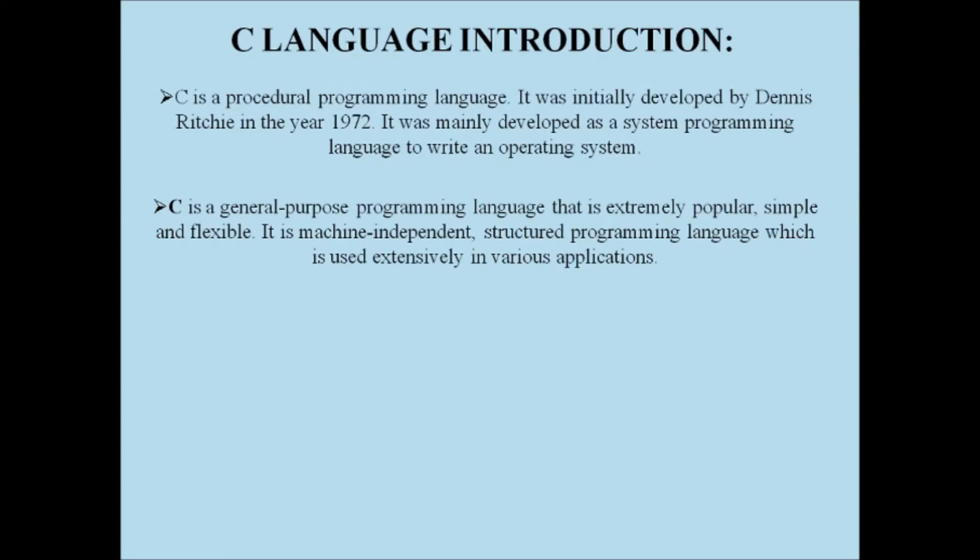The language is called simple and flexible. Simple in the sense that the source code is easily understandable by the user, and users can easily develop their own programs, so that's why it is called simple. And it is flexible: whenever the program needs updating, it can be done. That's why the language also has the feature called flexible. And this language is machine independent.